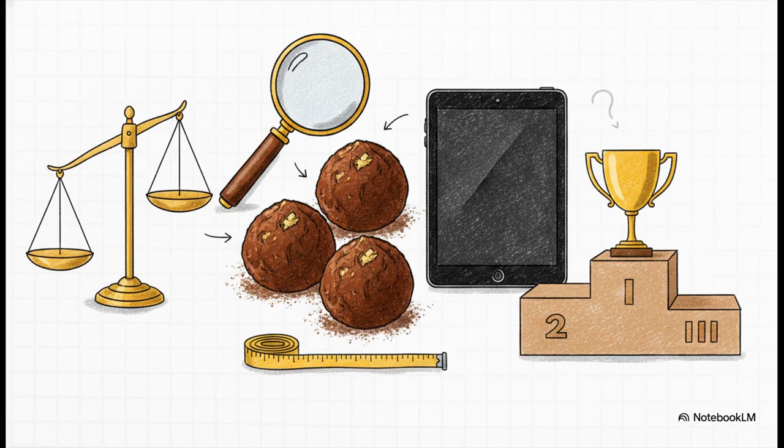Now, let's see how this builds into your next crucial step, defining your decision-making criteria. Basically, these are the specific features or values you're using to judge your options. If you're recommending a new tablet for the team, your criteria are things like cost, RAM, or battery life. Or, to use a really fun example from the source material, imagine you're evaluating chocolate truffles. Your criteria might be the specific flavor profile. Are we talking milk chocolate, dark, bitter, spicy? The point is, you have to clearly define exactly how you are measuring success before you can declare any sort